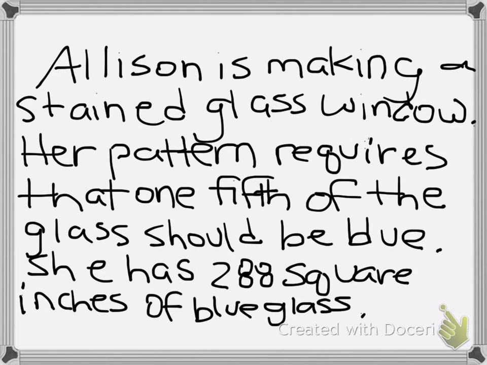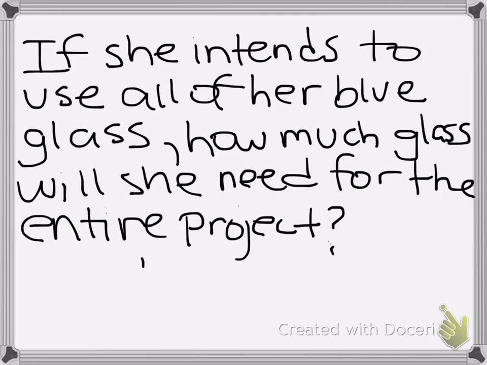she needs to have 1/5 of the glass be blue. So if she has 288 square inches of blue glass, we don't know how much she needs, but we know that it needs to be 1/5 of the total glass. So we're going to do 1/5 times G, because it's 1/5 of the total glass, which we don't know, so we put that as G. And that is going to equal our total amount that we do have,